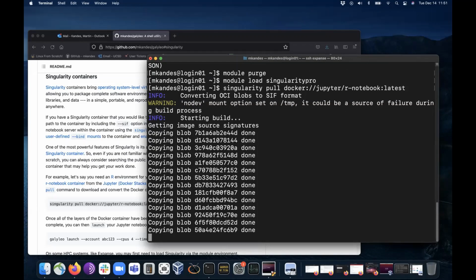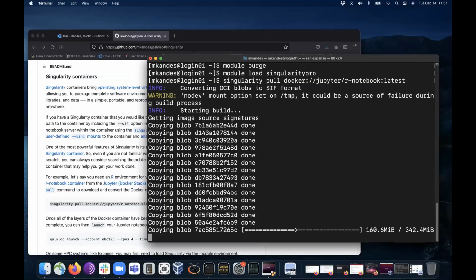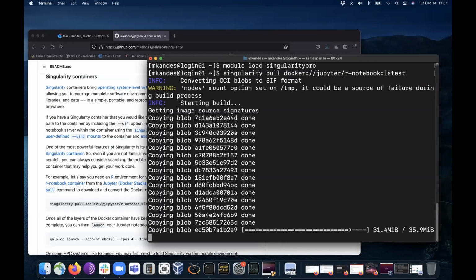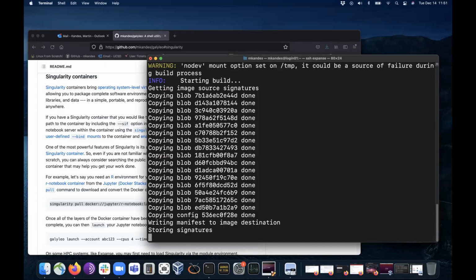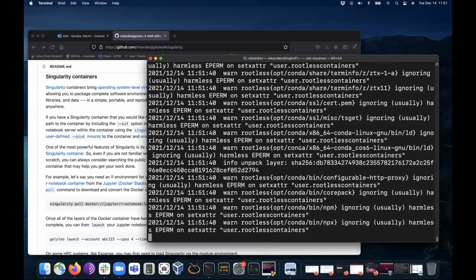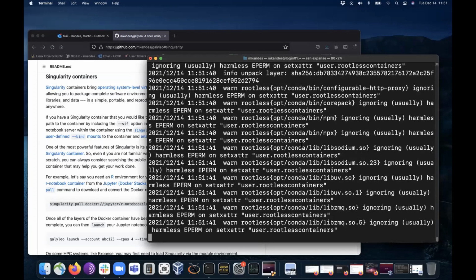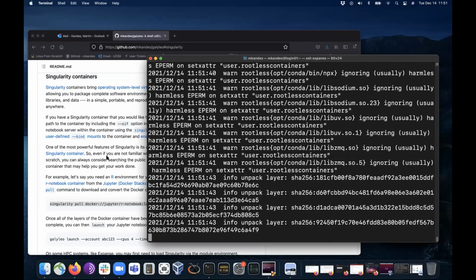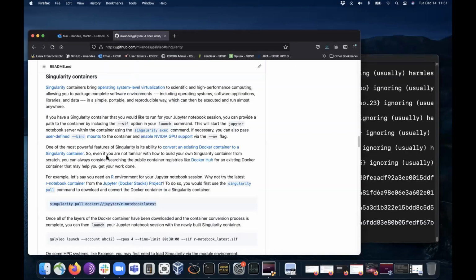And so Singularity was invented to solve some of those problems and still make the features of containerization available to HPC users. With Singularity, it's nice. You can actually convert a Docker container into Singularity and run it pretty much out of the box in most cases, right? Anyway, in this case, I'm pulling down, if you go to the Jupyter project website, they actually have a bunch of